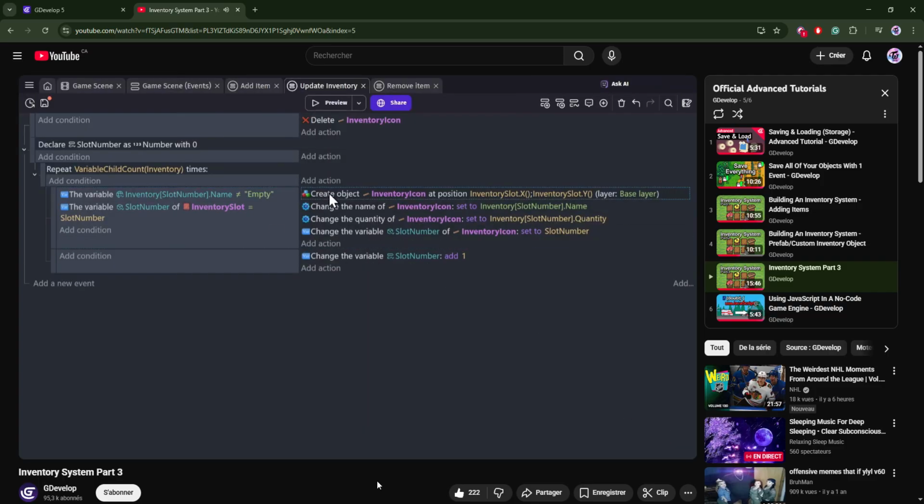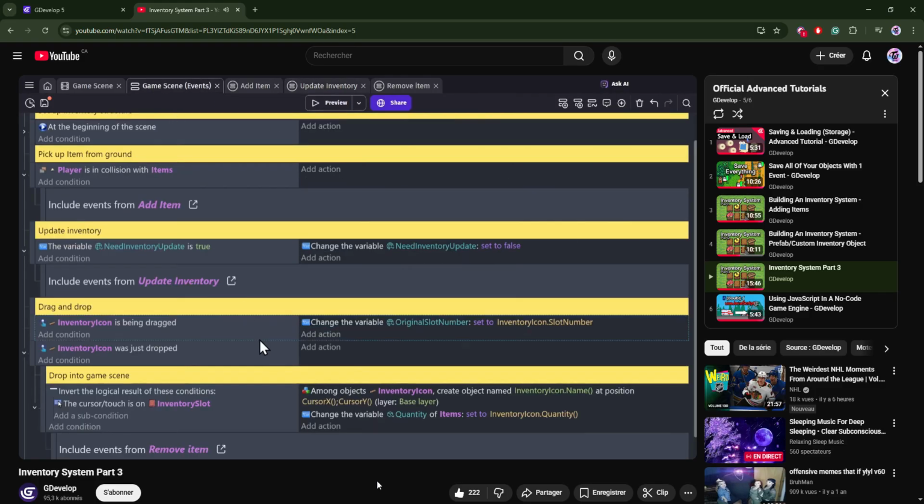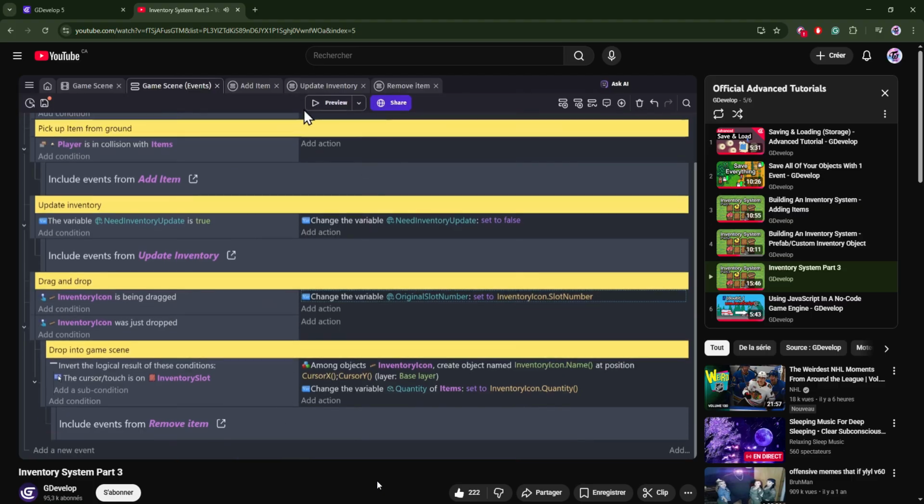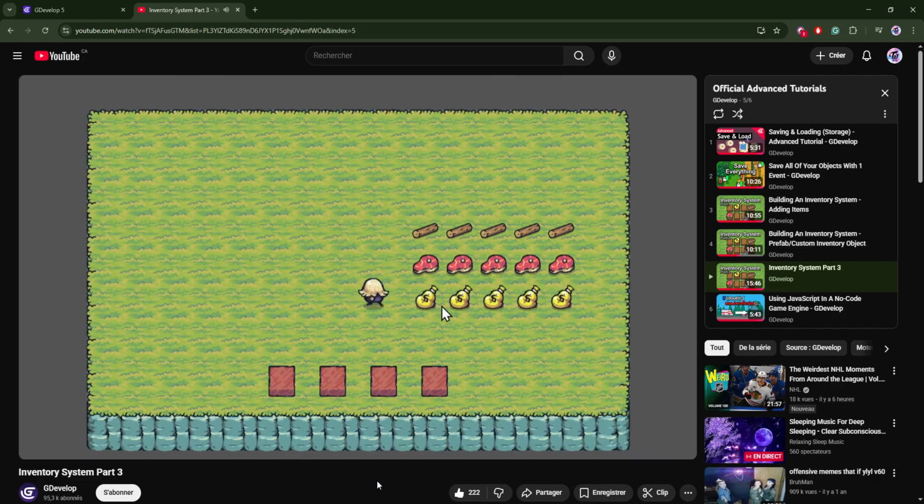So when we create the object using the slot number to cycle through the slots, we'll change the variable number to equal the slot number it was just created with. So then in the event sheet, when we drag it, we can set the original slot number as a variable outside of the object in order to know where it was originally from. So now, after all of that, if we preview the game, pick up the object, take it and drop it, the inventory was updated, which means that it was deleted when the inventory updated. So now there's 2 inside of that object. So when I pick it up,